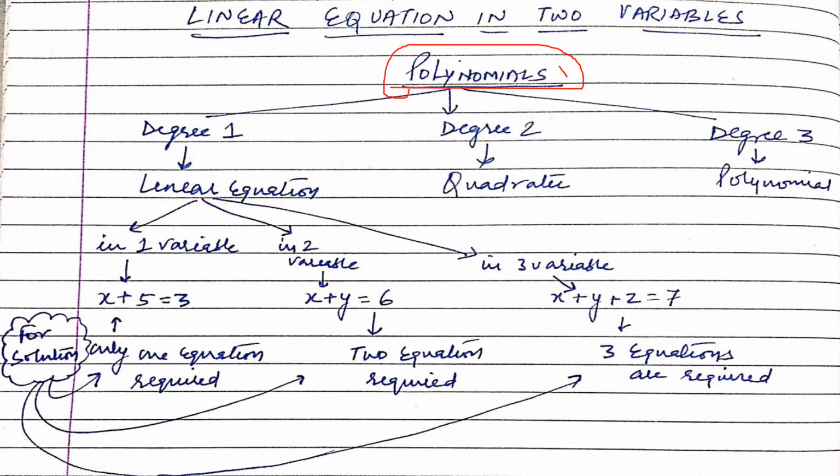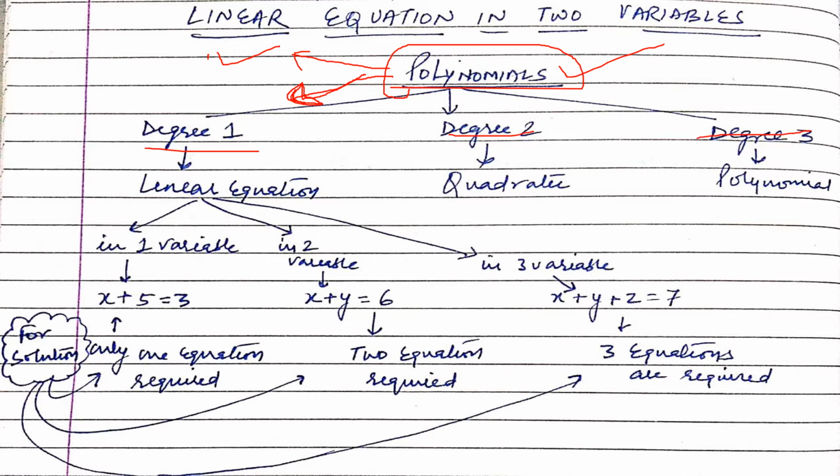We have studied in chapter number 2 what are polynomials, in which we saw there were two bases. One was number of terms, due to which there were examples like monomial, binomial, trinomial, and second basis was degree of the polynomial. So there were two bases on types of polynomials. First basis was number of terms. If one term is there, it is a monomial, two terms binomial, three terms trinomial, and so on. But if the basis is degree or power of variable, then we have these three types.